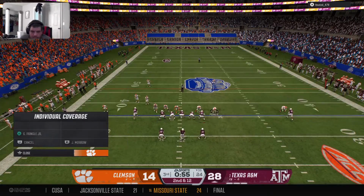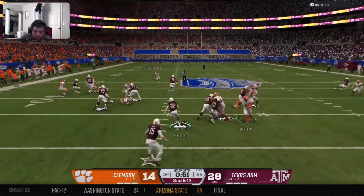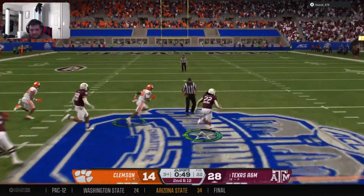That's the quickest way to blow up a run game, is that interior penetration. If you're able to break through the middle of that offensive line, then you can create a lot of...